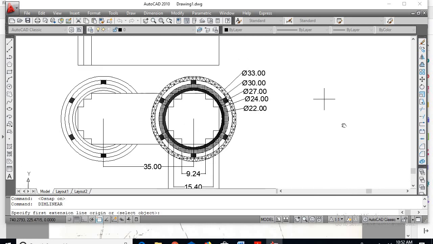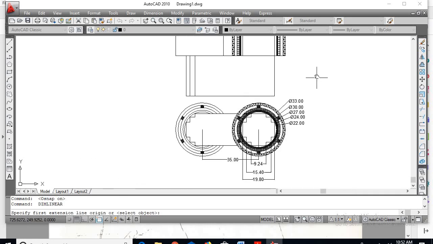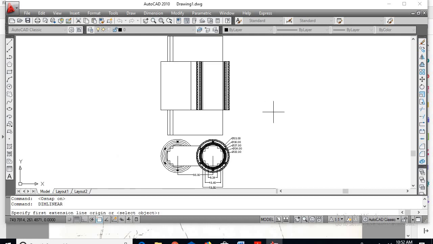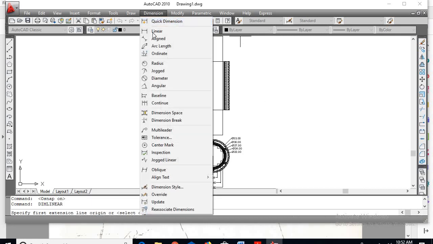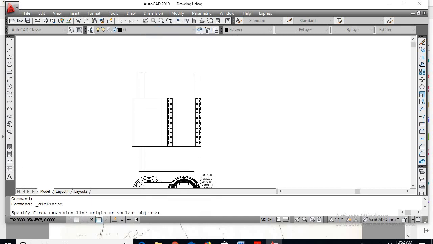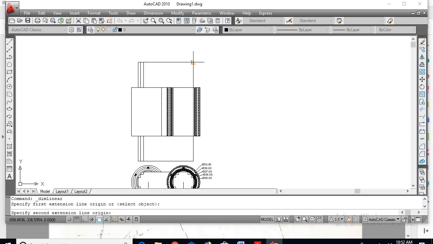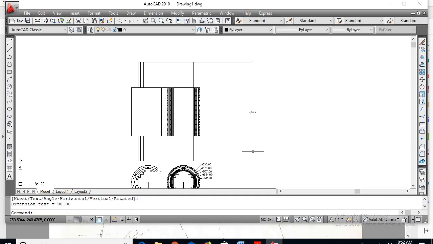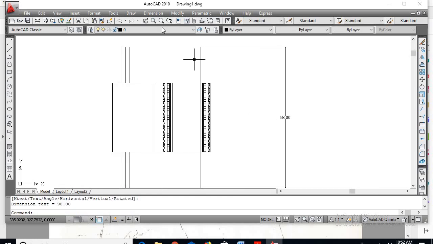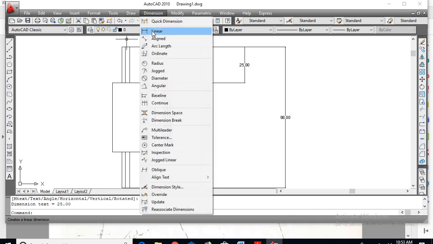Next, height of the yoke, width of the yoke. Go for dimension, go for linear. The overall height of the transformer is 98 centimeters. Next dimension, linear. Height of the yoke, 25 centimeters.